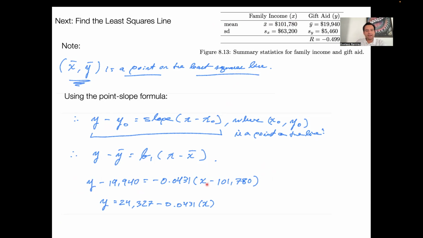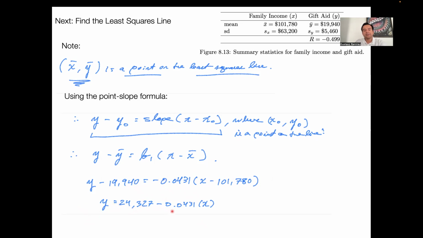All right, so with that being said, it's just a matter of doing the arithmetic, right? Well, I guess you need to use the distributive formula here, right? So you need to multiply this by x, then multiply that times that to end up with this, and then add 19,940 to both sides to come up with this final equation here, which is